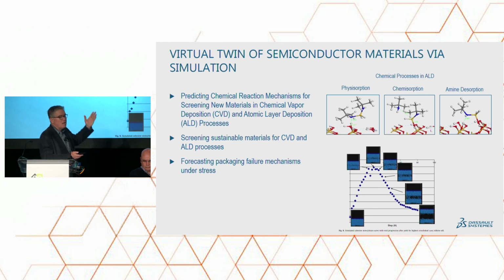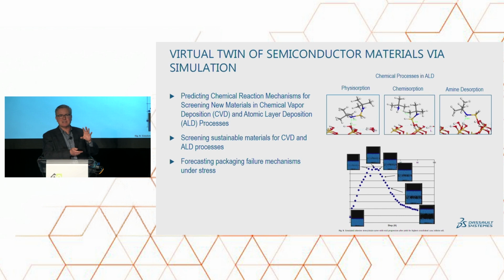So the top row here showing an example for atomic layer deposition. So understanding the chemistry. So at the atomistic level, being able to model the chemical processes that take place during ALD or chemical vapor deposition. So different organizations that make the materials that go into these systems use simulation to uncover what is the mechanism? How do these materials react? How do we form a stable, uniform layer on the wafer surface? And understanding that and understanding the kinetics of these reactions helps in the design.